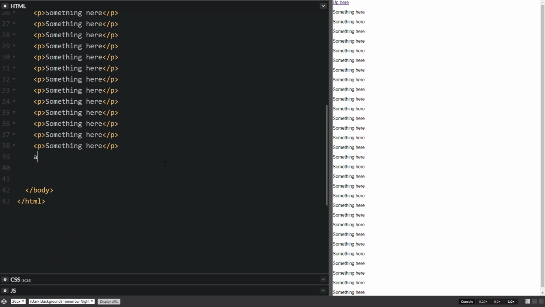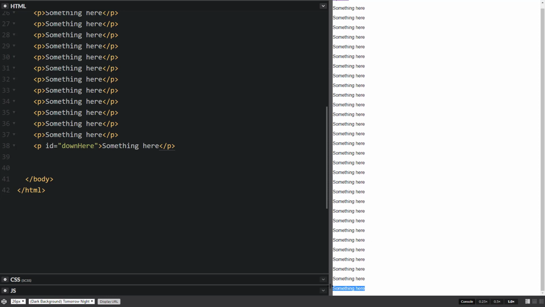Then let's make another href. Well, I don't actually need to do that. I will in a little bit. Let's do an ID. So we can give any element an ID. We're going to talk about this more extensively in another video. But let's call this one down here. So all of these things say something here, and the bottom one says something here. Even though we put this ID here, it doesn't change what's said. It still says something here. But now this has this ID to it. So we can get to it